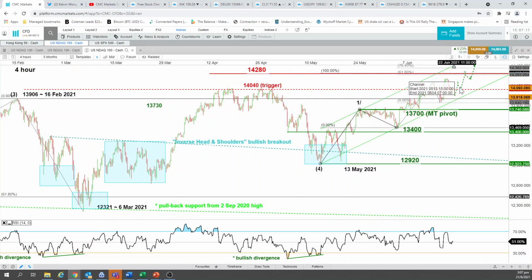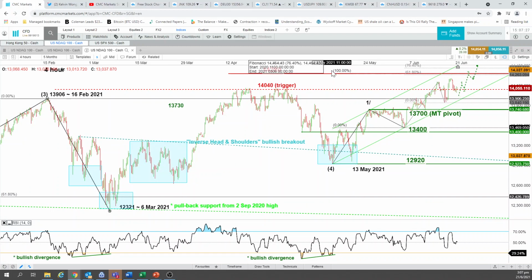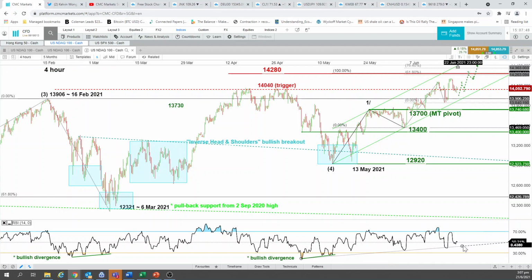Still looking for a push up to test the next resistance at 1428. Then thereafter, the upper boundary of this minor ascending channel, also a confluence of Fibo expansion level at this 14,280 mark or resistance over here. All right. So what we could see over here is that the RSI is still shaping positive configuration on the 4-hour RSI, shaping a higher low. All right, over here. So if we could draw the support level, okay, it's still holding above the support line. All right, for the Nasdaq 100.